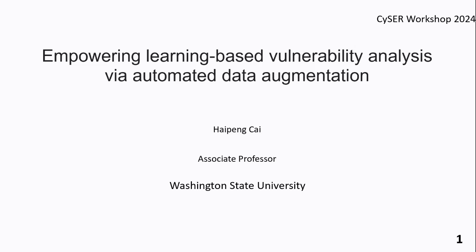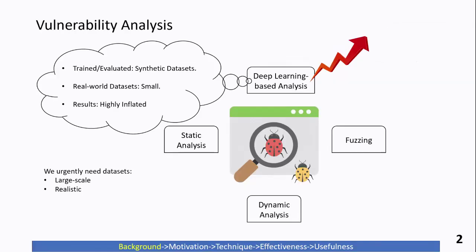So all of this will be based on machine learning, and particularly deep learning. Maybe you're expecting large language models, but today I'm not going to talk about large language models. I'm going to talk about some models built on deep neural networks, but not necessarily transformer-type language models. Actually, we are going to talk about something related to transformers, but they are not foundational-scale models. So in this space, people have proposed all different kinds of techniques for vulnerability analysis, including